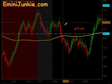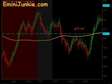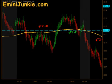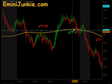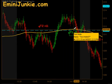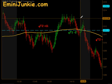That signal did produce targets 1 and targets 2 for 11 ticks, and the market was kind of chopping back and forth here as it came back through the moving average. Signal to get long, no follow through to the upside. That particular move only hit its first target, so ended up with a T1 minus 2, and then at the